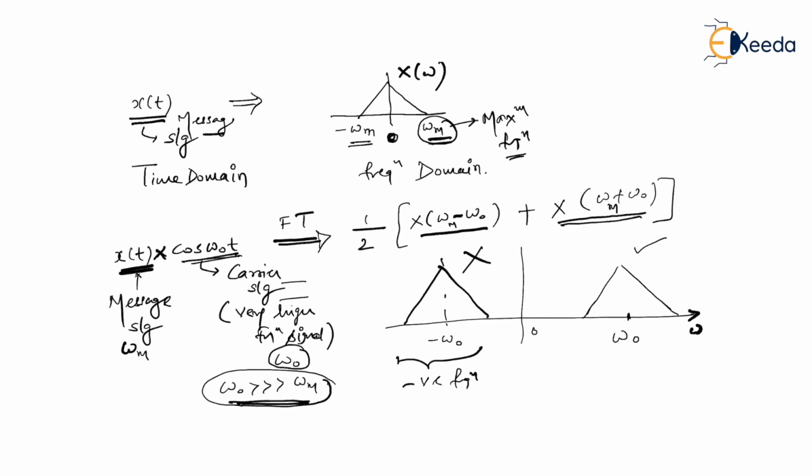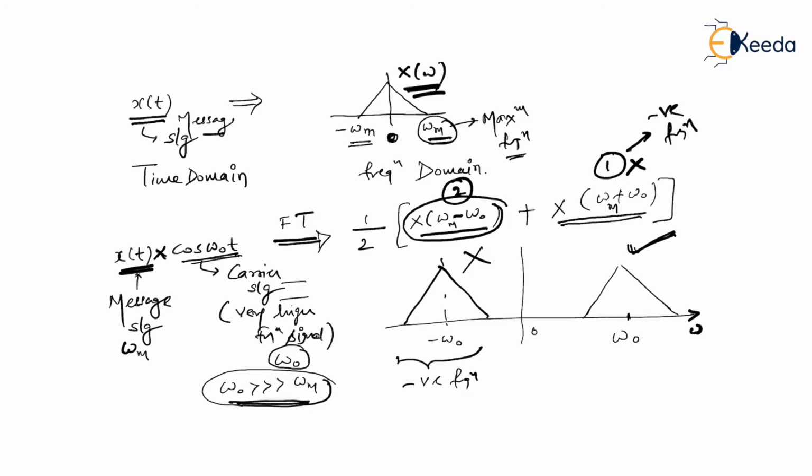So what has happened in the Fourier transform? We got two components, a first component and a second component. I'm going to ignore the first component because it is related to negative frequencies. Therefore, I have ignored this, but the right hand side part I'm going to look at. As you can see, we have to plot this signal, that is X of omega minus omega naught. So we already had X of omega. Now I'm going to plot X of omega minus omega naught.